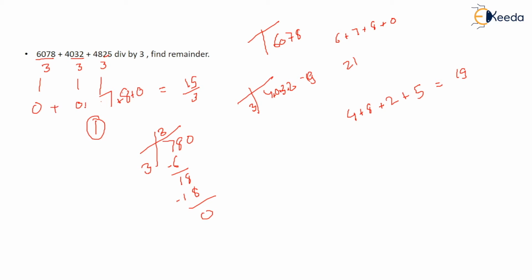So you can add individually this. This comes out to be 1. So 1 is the remainder, right? So this is how you need to find it out. You can solve it by adding all three also. The answer won't change, but this is the simplest and the easiest way of solving the question.